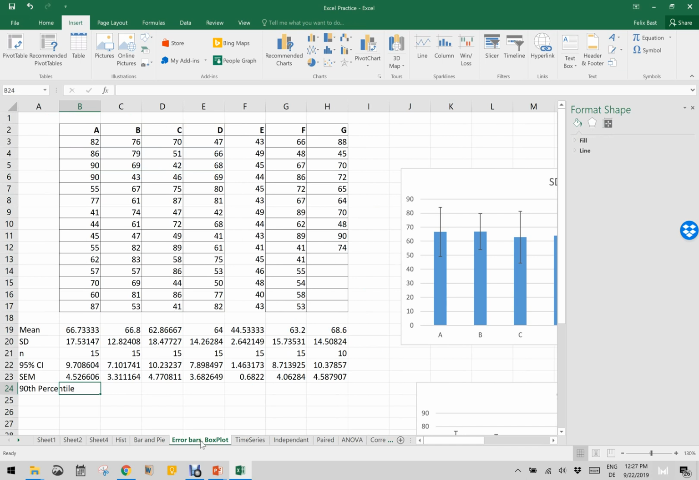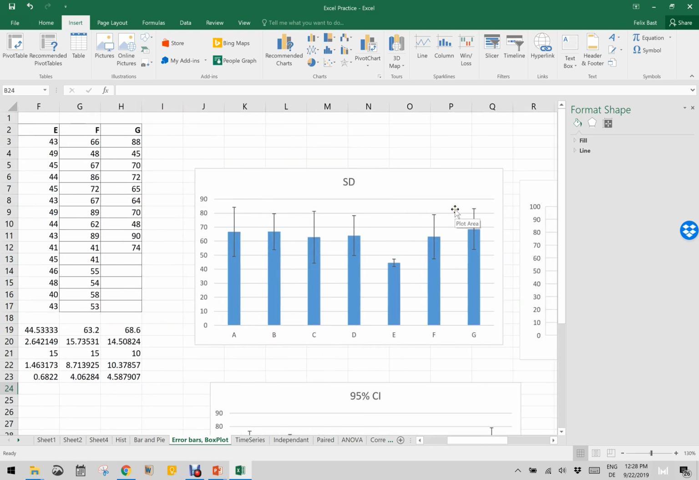Now let us go to the third one, that is error bars on a box plot, how to make this kind of error bars. Basically this is the same data that we used for the ANOVA, for example. To make this error bar, for the sake of brevity, let me delete all these already created error bars here